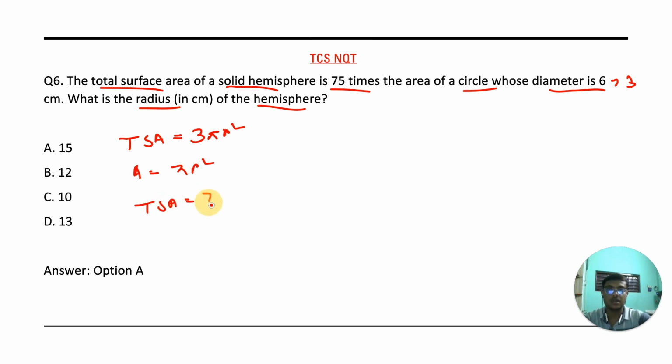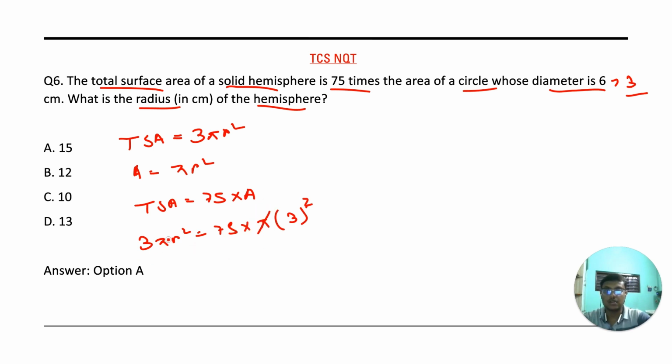Now it is said that the total surface area of the hemisphere is equal to 75 times the area of the circle. So we can write it as 3 pi r square equal to 75 into pi into 3 square,